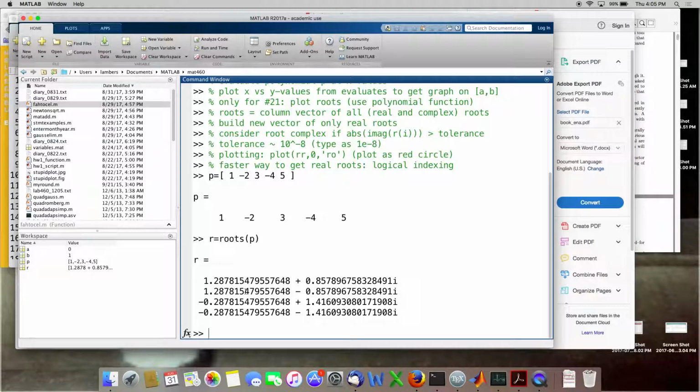Oh, I know what I'll do. I'm going to change the example to make it have real roots. I'm just going to add on a 0 for a constant coefficient. Oh, actually, no, I'm not going to do that. I'm going to add on a coefficient of,